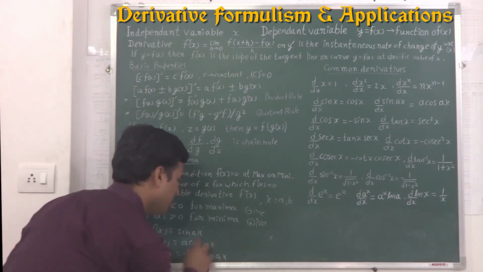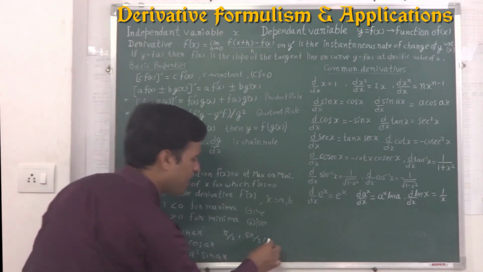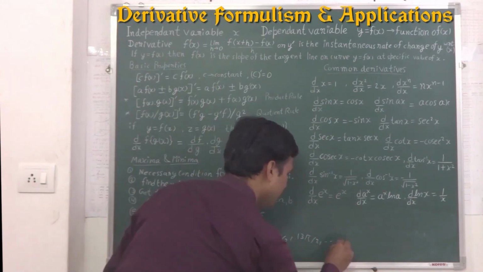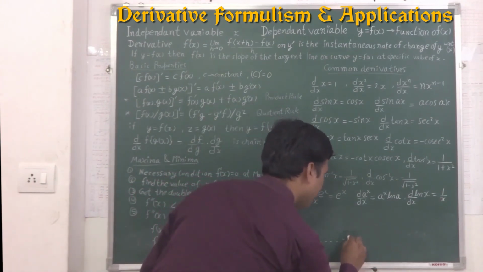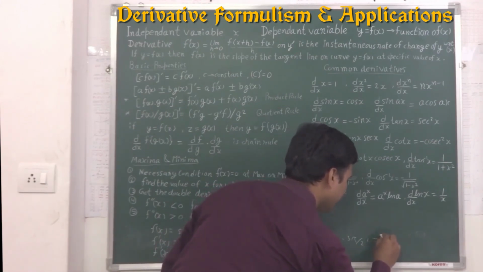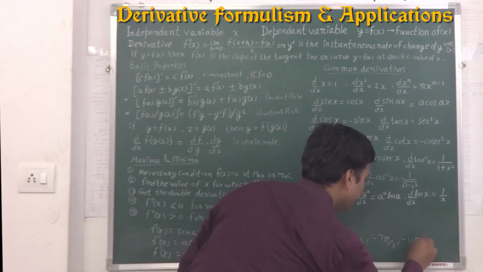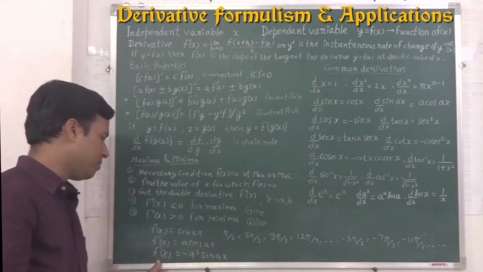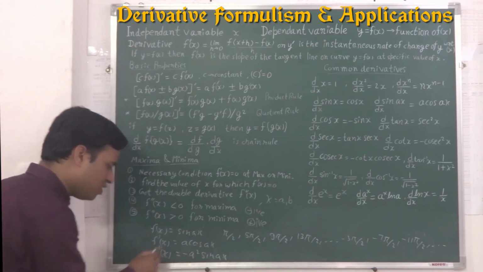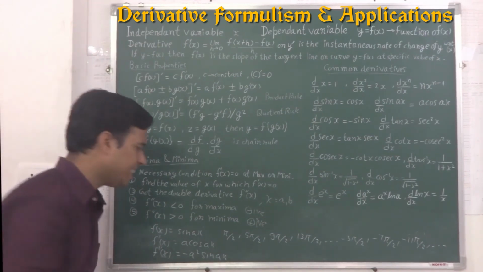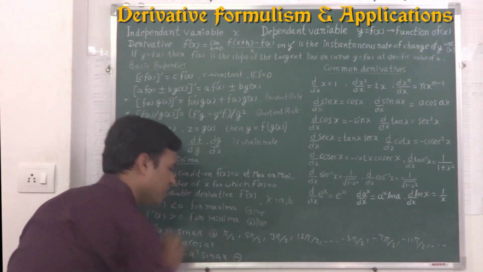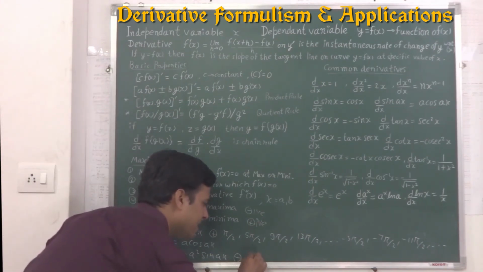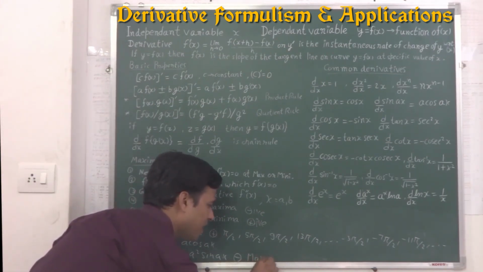Now dear students, for pi by 2, 5 pi by 2, 9 pi by 2, 13 pi by 2, and for negative angles minus 3 pi by 2, minus 7 pi by 2, minus 11 pi by 2, the sine of x will have a positive value, but this function's second derivative f double dash will have a negative value. The function has a positive value, the second derivative has a negative value. That is the condition of maxima.